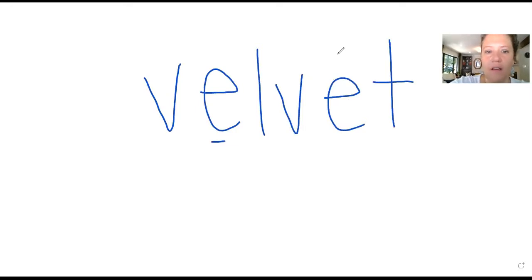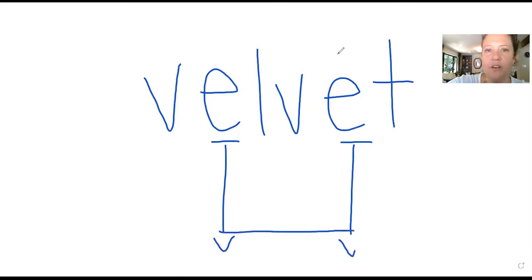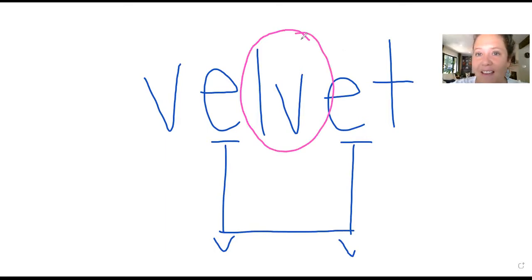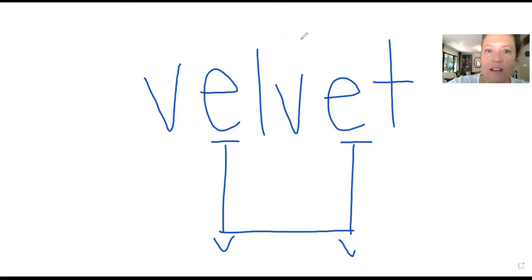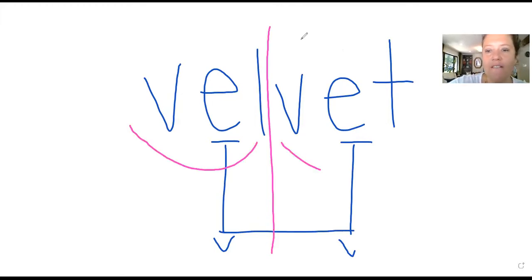Okay, underline our vowels. We draw a line, put a V at the bottom, connect the bridge. We go back up and we look for letters that don't belong together. And we definitely know it's that L and that V. Okay, so we're going to draw our line right here in between the L and the V. Then we can blend our word, velvet. Awesome job, scholars. And the last word that we're going to look at together today